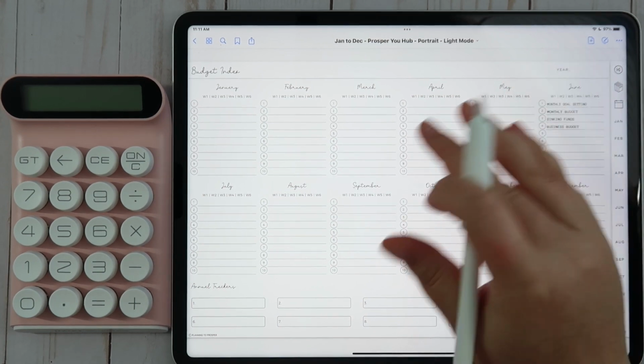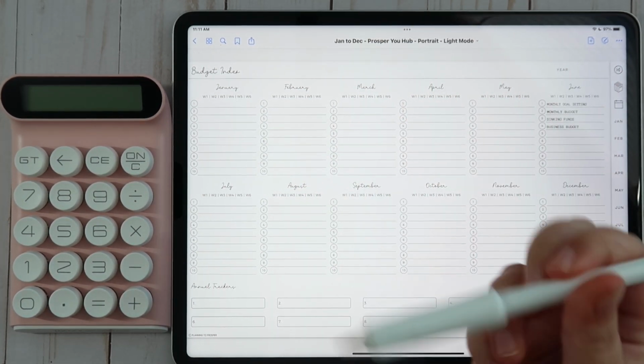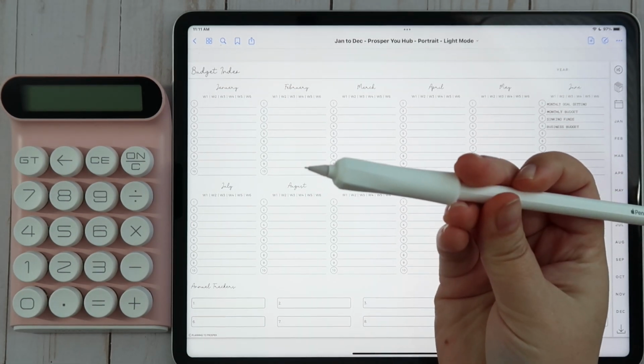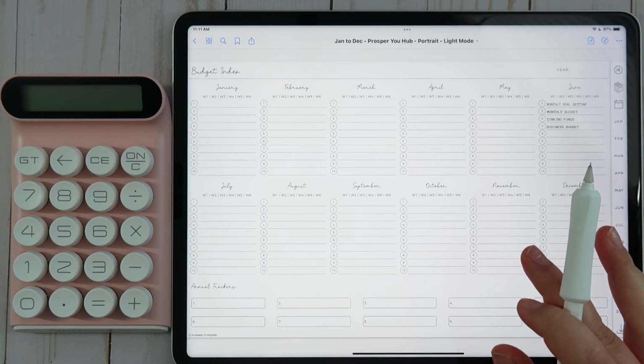So in front of me, I've got my iPad Pro. This is the 12.9-inch iPad Pro. I have my second generation Apple Pencil, as well as my budget planner, which I sell in my Etsy shop,